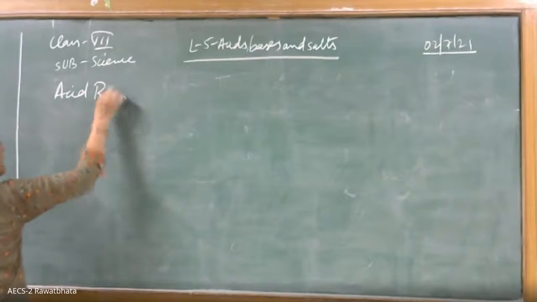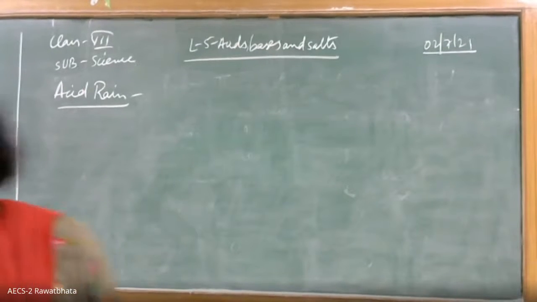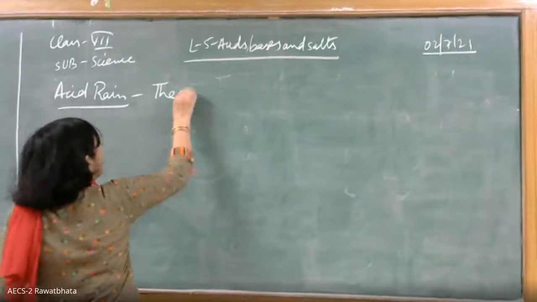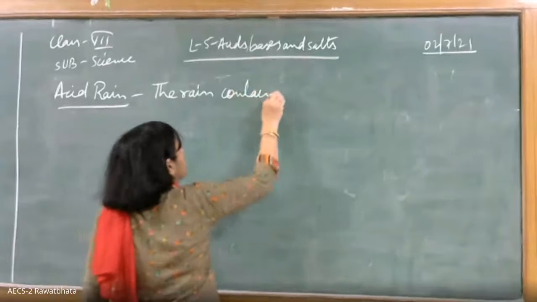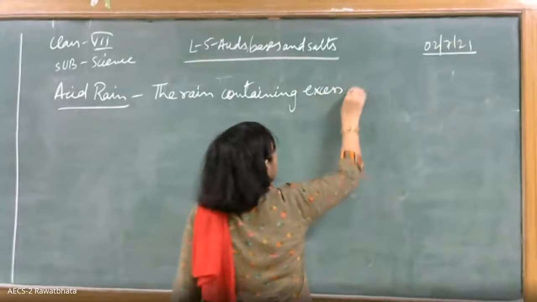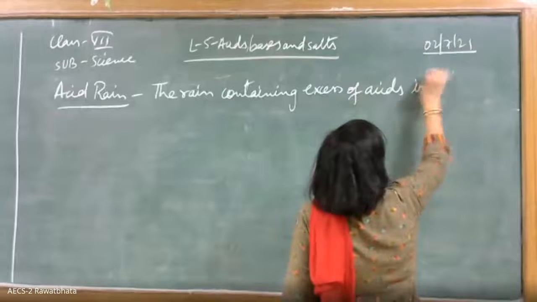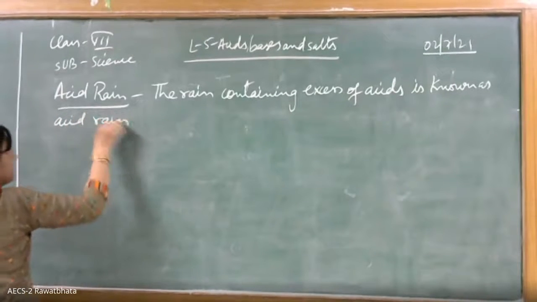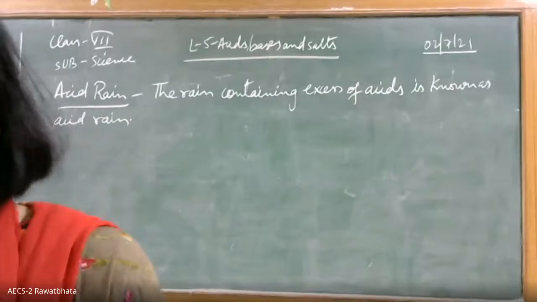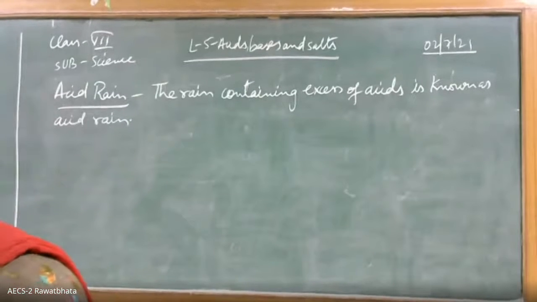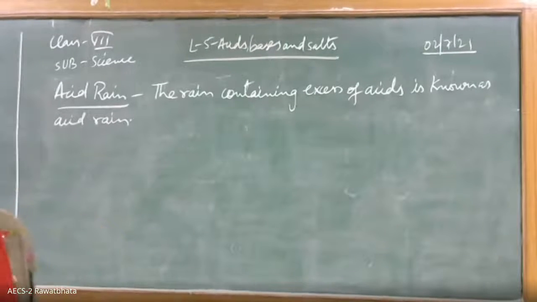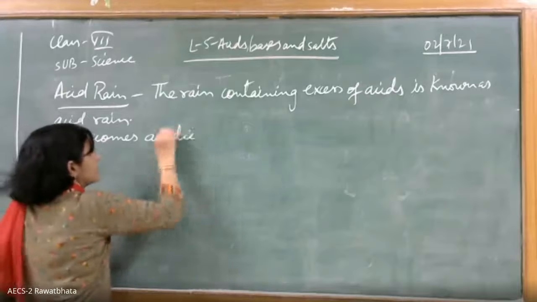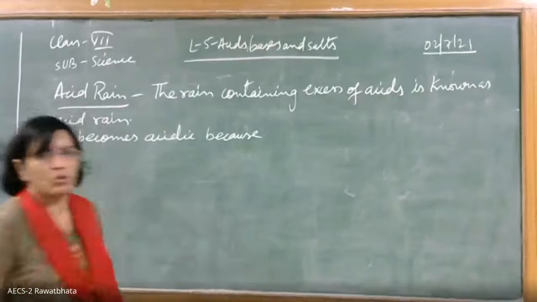Notes on acid rain. The rain containing excess of acids is known as acid rain. It becomes acidic because